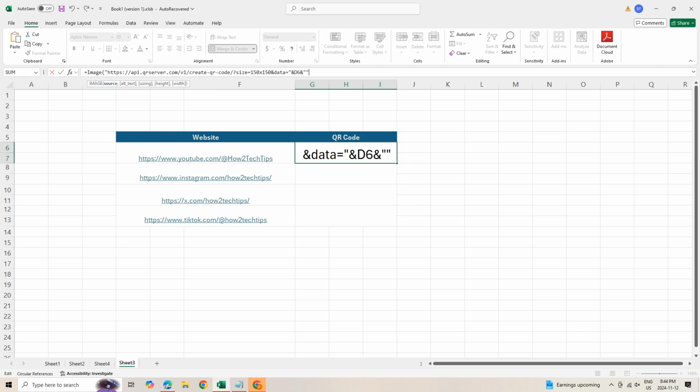So we're going to write image, quotation, HTTPS://API.QRserver.com/v1/create-qr-code/?size=150x150&data=" and then D6 and &" quotation. So the only thing that's really going to change is this D6, and where I got